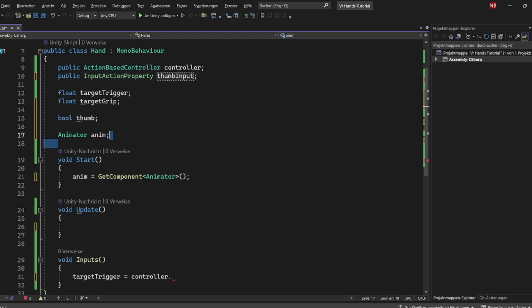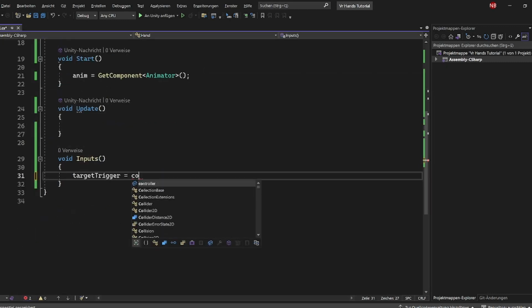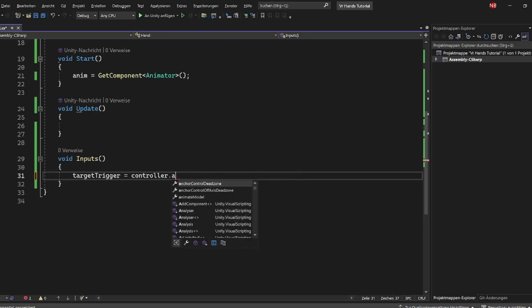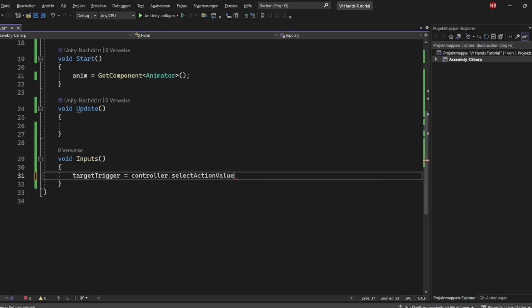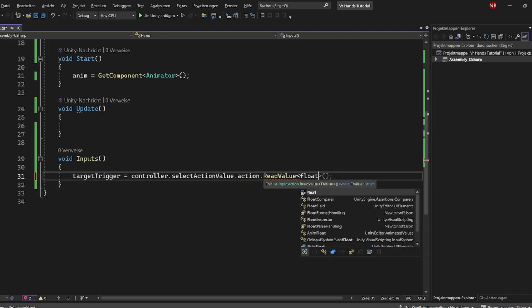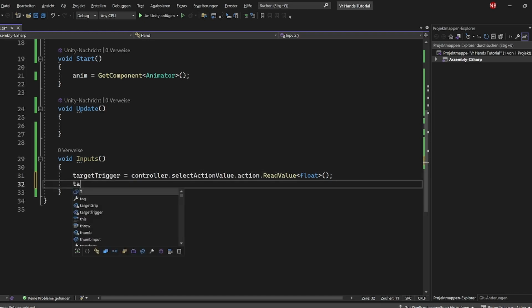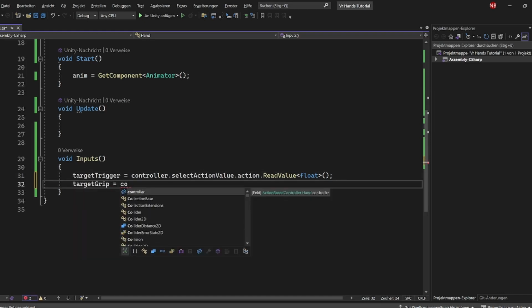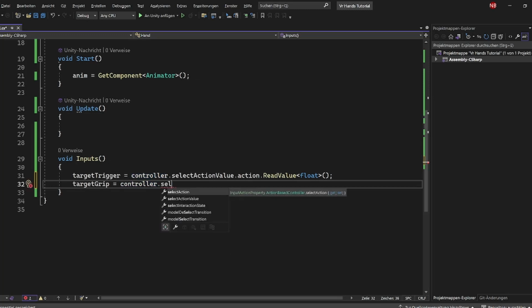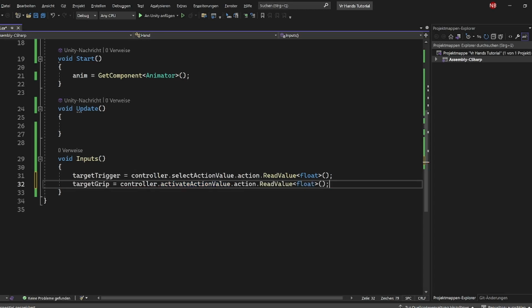We've changed this to prompt input, so it works fine. The trigger equals select action value dot action dot read value. Now we have a type, this is going to be a float. The target grip is going to be controller dot activate action value, so it adapts to how much we actually press the button. So target grip equals controller dot activate action value action read value float, and our